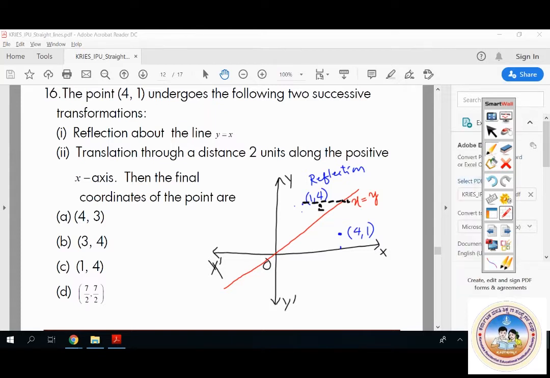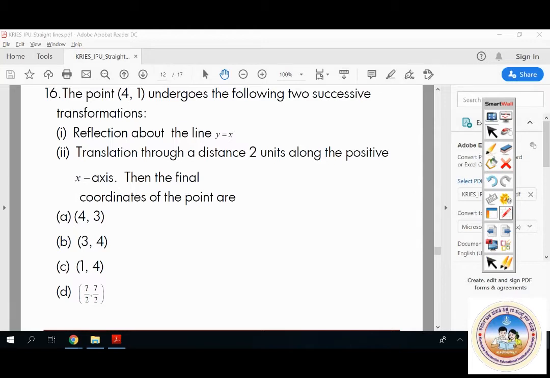So x coordinate ಮಾತ್ರ ಮೂವ್ ಮಾಡಿದಾಗ ಏನಾಗುತ್ತೆ, 1 plus you are adding 2 to this, that 4 remains same as it is. So ಹೀಗೆ ನೋಡ್ಕೊಳ್ಳಿ, 1 plus 2 it is 3, 4 ಆಗುತ್ತೆ ಈಗ ನಿಮಗೆ. So now what is going to be the required point? It is going to be 3, 4. Option B ನಿಮಗೆ ಇದಕ್ಕೆ ಸರಿ ಉತ್ತರ ಆಗುತ್ತೆ. Right? So now with this we'll go for question number 17.